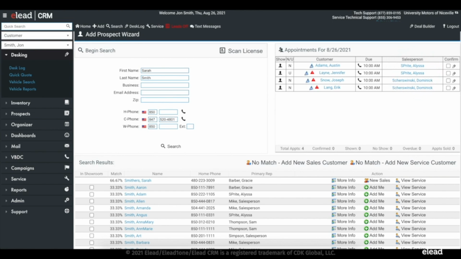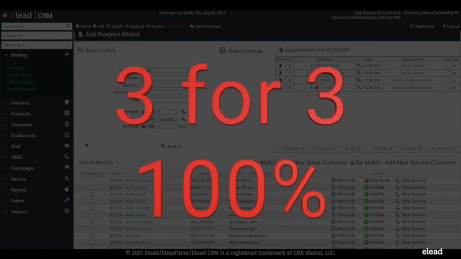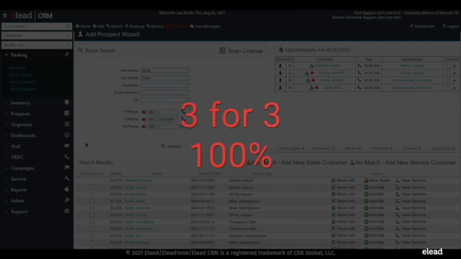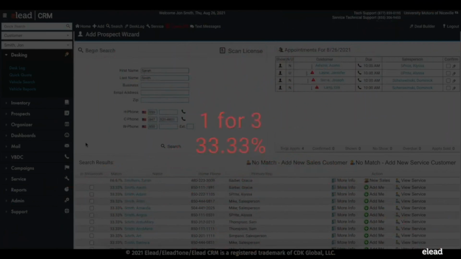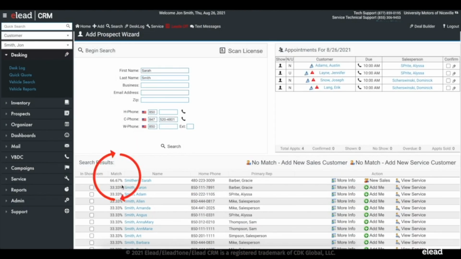After you check those appointments, in the search results at the bottom, review the percentage match column. Because you entered 3 pieces of information earlier, the first name, the last name, and the phone number, the percentages are 3 for 3, which is 100%. 2 for 3 is 66%, and 1 for 3 is 33%. The highest percentage will always be